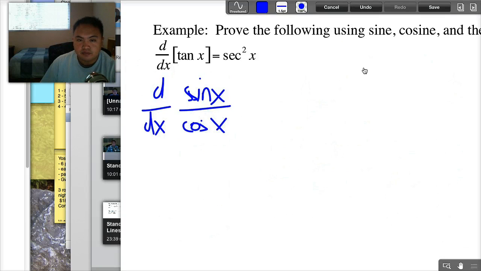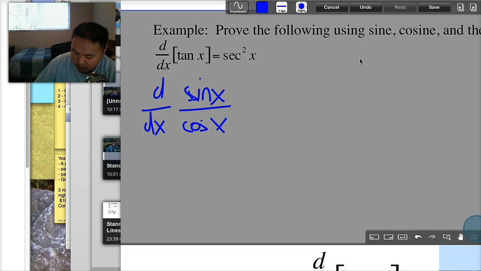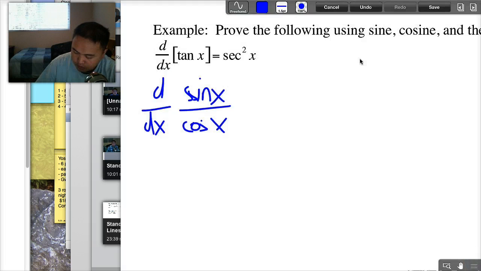Okay, so far? Now, I have sine and cosine, and then it says to use the quotient rule. So I'm going to apply the quotient rule onto this. I'm going to take the derivative of the first one, which is cosine,